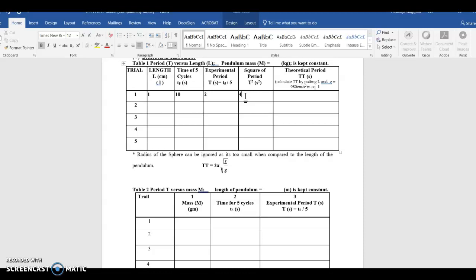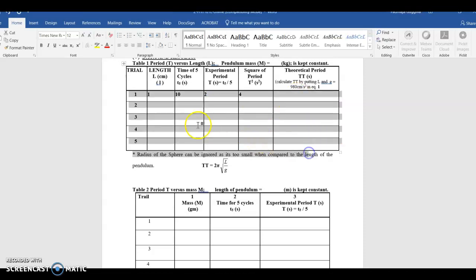Okay. Now, I have a 4, which is this square. I got it as a 4 right here. Now I need to calculate the theoretical period, using this formula right here, using my length value L, and G is 9.8 because all the lengths are in meters. So I'm going to use G as 9.8 and calculate this number right here, and I'm going to put it right here. And I'm going to check whether I got exactly the same numbers as the theoretical one according to the